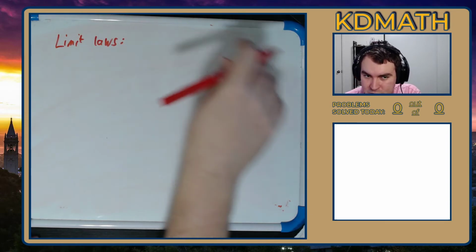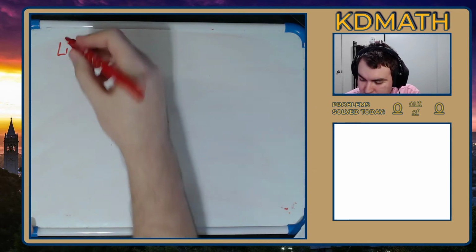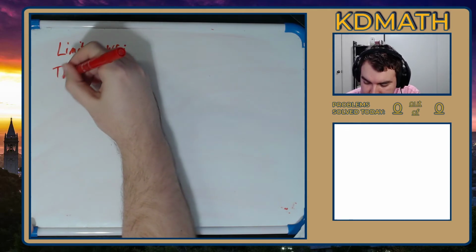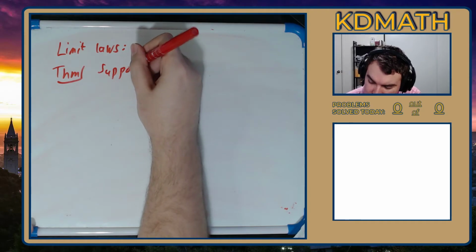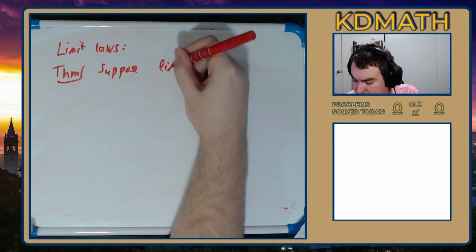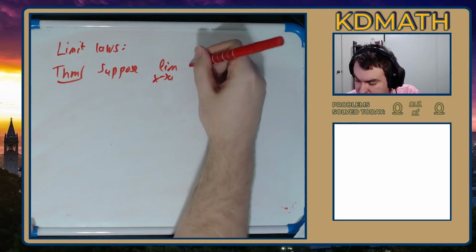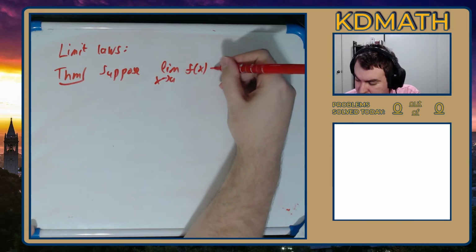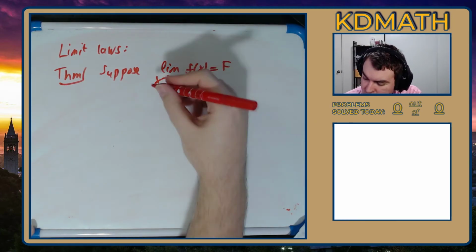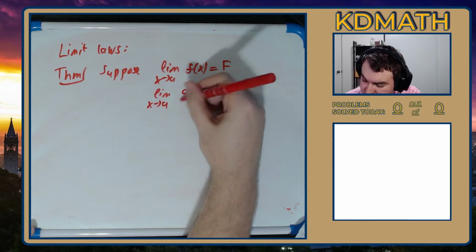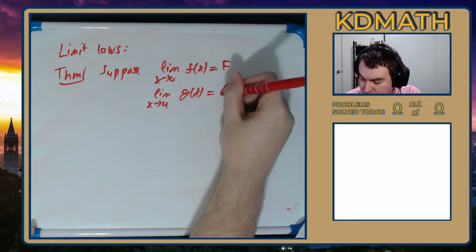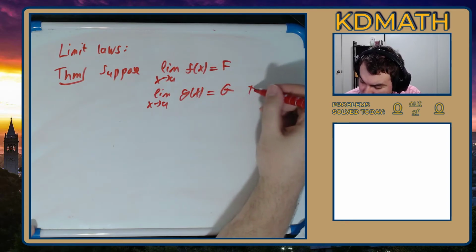We're not going to prove the theorem, but it's important to be able to at least recognize it. So theorem: suppose the limit as x goes to a of f of x equals capital F and the limit as x goes to a of g of x equals capital G, then